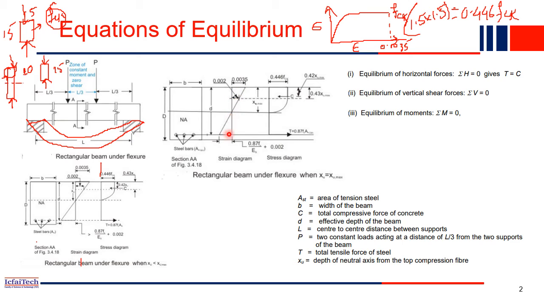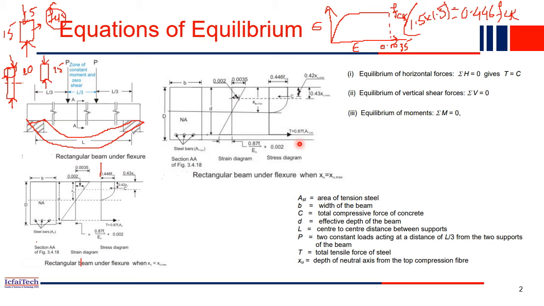So this entire tension force is taken care of by the steel. This is one of our assumptions, right? We assume that concrete cannot take any tension force. The entire tension force will be taken care of by the steel itself. That's why all the stress on the steel will be here, because steel is there at this level. So at this point only you will get the total tension force T.